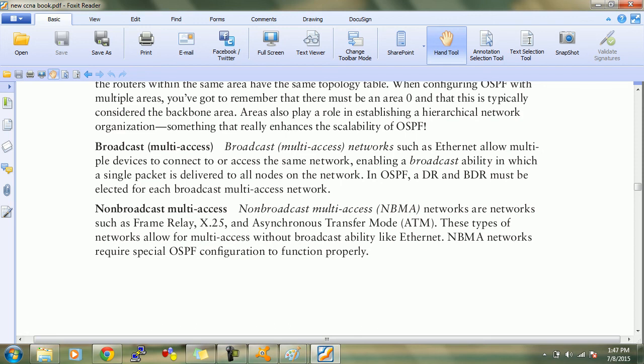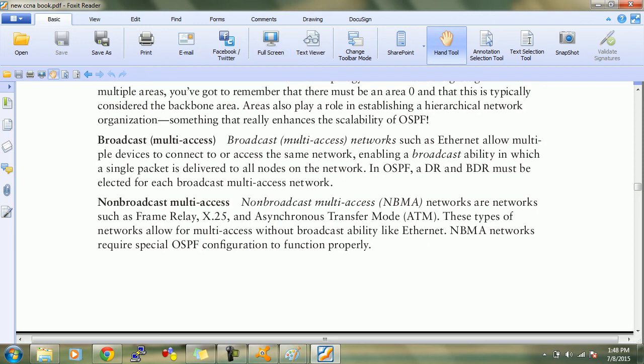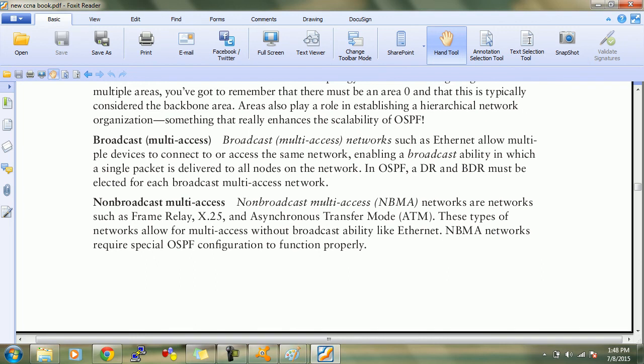वही तो पढ़ो। ब्रॉडकास्ट पढ़ पहले। Broadcast multi-access networks such as Ethernet allow multiple devices to connect to or access the same network, enabling a broadcast ability in which a single packet is delivered to all nodes on the network. In OSPF, a DR and BDR must be elected for each broadcast multi-access network. इतनी बात समझ में आई? In case of broadcast, we have the concept of DR and BDR. Non-broadcast पढ़ो।